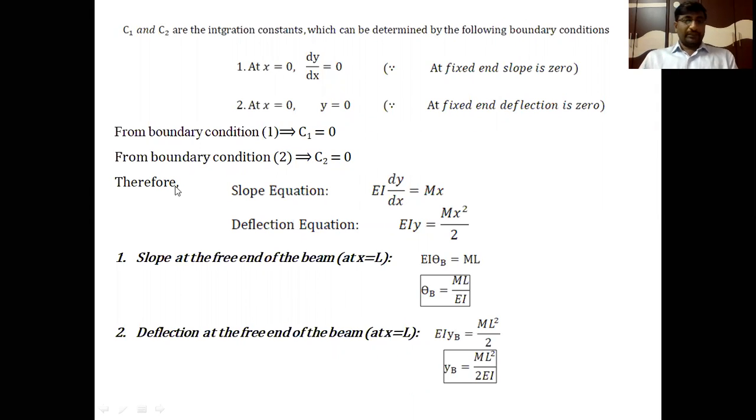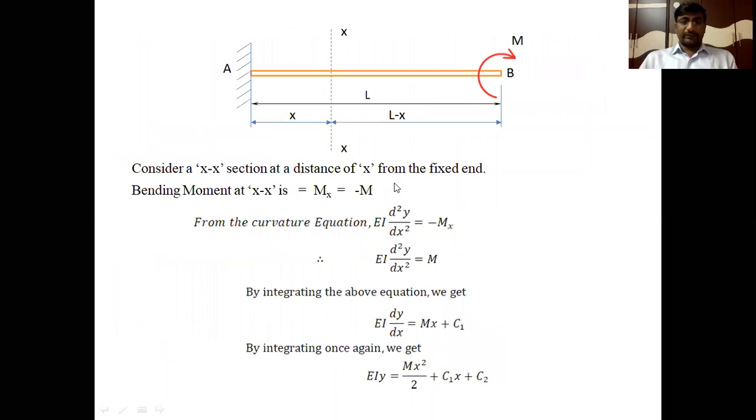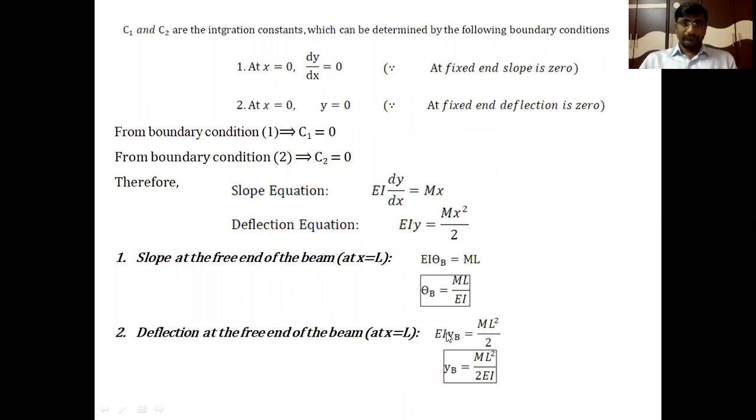Therefore, what is the slope equation here? C1 is 0, so EI dy by dx is equal to Mx. What is the deflection equation? EI y equal to Mx square by 2. C1, C2 are 0. So EI dy by dx is equal to Mx, and EI y equal to Mx square by 2 are the equations to calculate the slope and deflection at each point of the beam. So here in this problem,